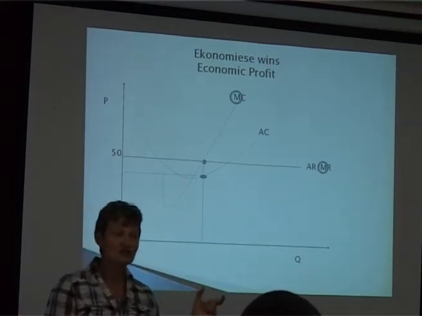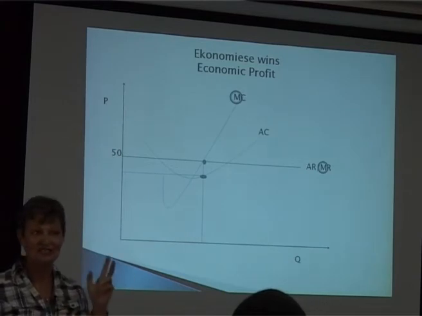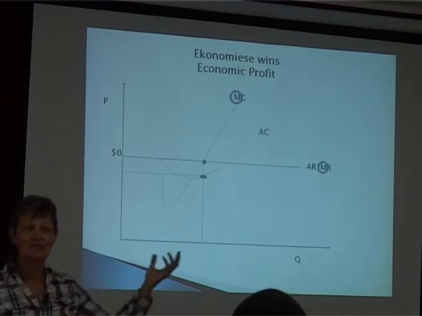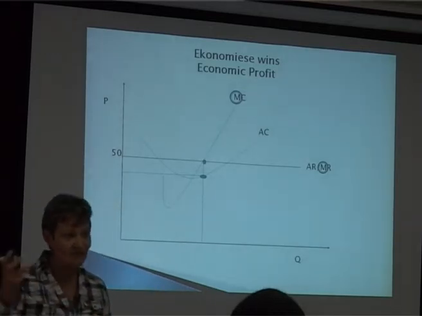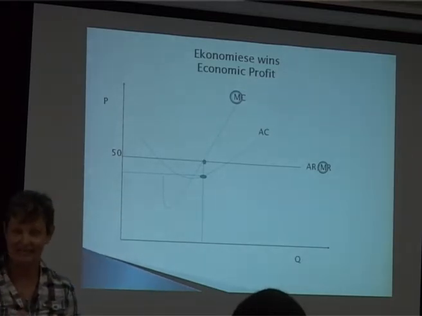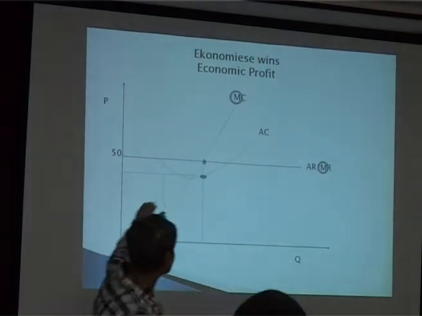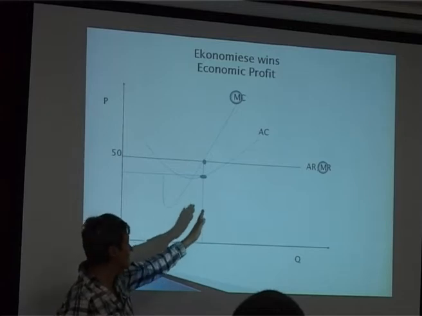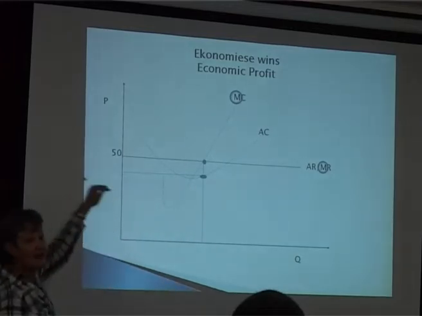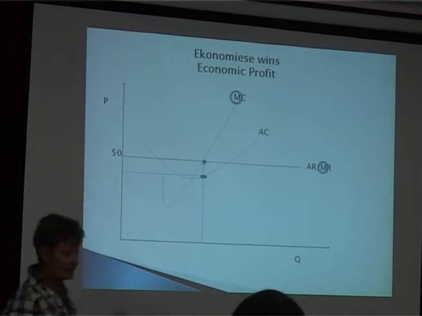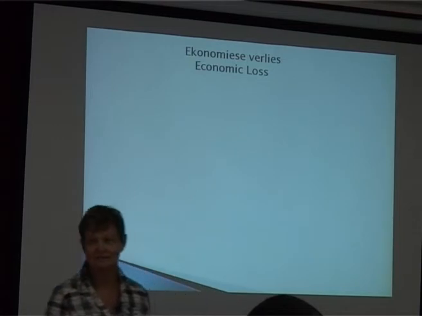And the average cost is the cost for the business, and the average revenue, so it's the A and the A, is about the cost. The average cost is what it costs the business. The average revenue is what the business gets. So it's the income of that business. Those are the two on this side. So the M and the M brings the quantity on the bottom axis, while the A and the A we read on the left. If we look at the economic loss,